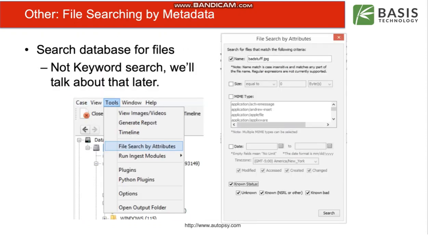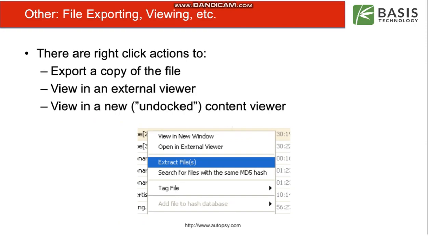One other thing you can do in Autopsy is to search for files by metadata. This is going to look for things based on names, sizes, dates, etc. It's not keyword search. We'll talk about that later on. This is basically searching for files by all the criteria except for keywords. You can find that with the Tools menu, File Search by Attributes. That'll bring up a dialogue such as this, and you can specify a file name, sizes, file types, date ranges, etc. At any time, you can right-click on a file